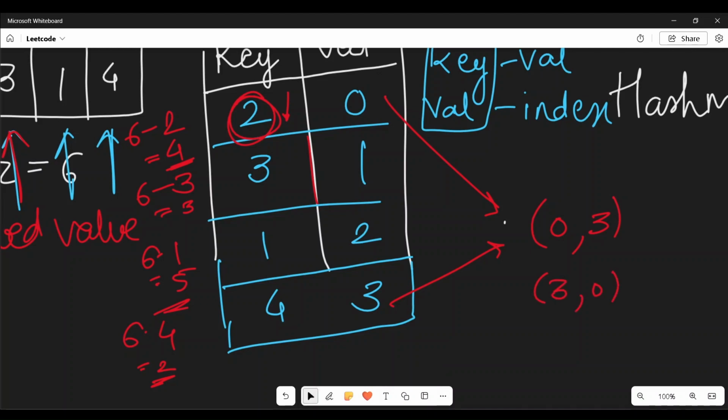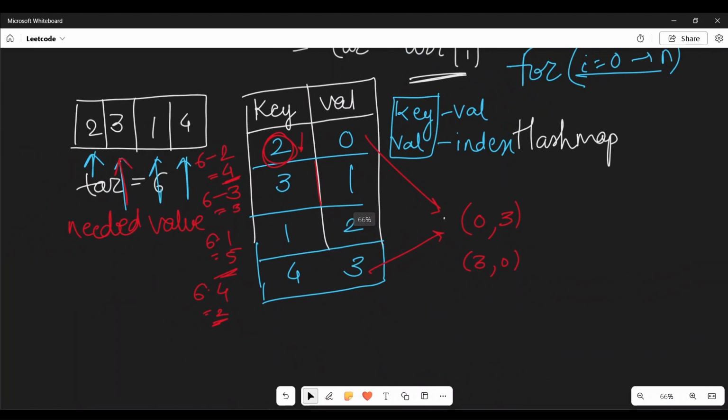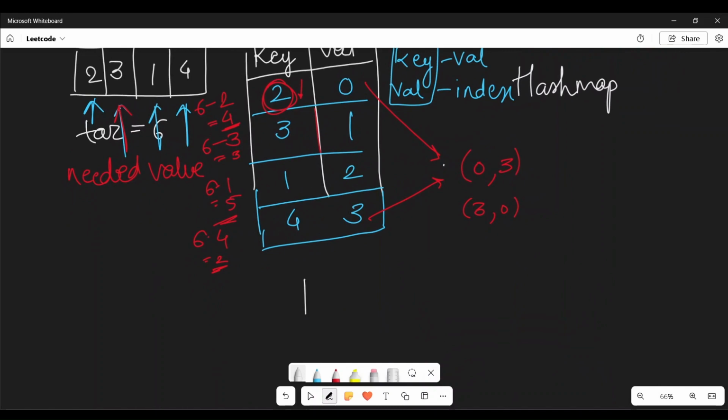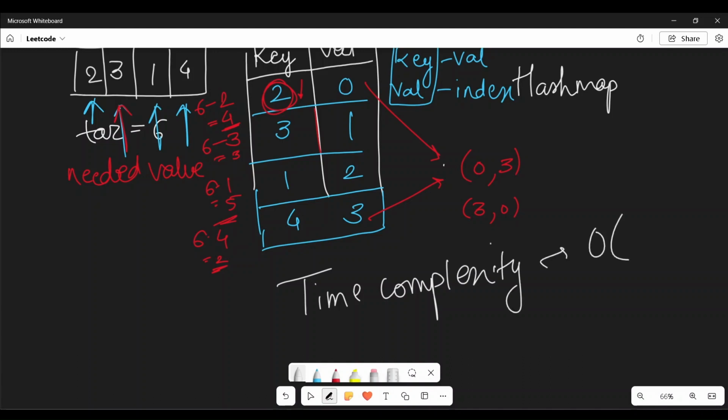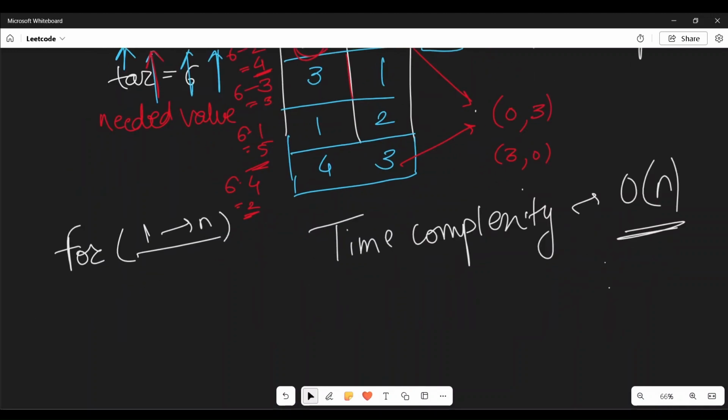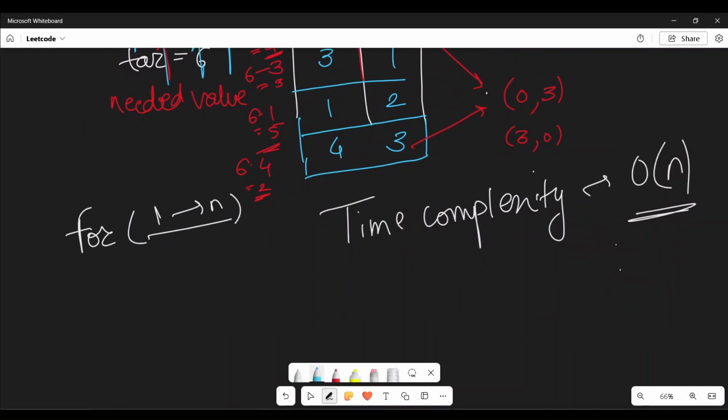So this is the approach. Now the main thing that we'll be watching here is the time complexity, right? So what will be the time complexity of this code? Time complexity for this code will be O of n. Now why O of n? Because we'll be considering one for loop from 1 to n, and simultaneously we'll be checking if